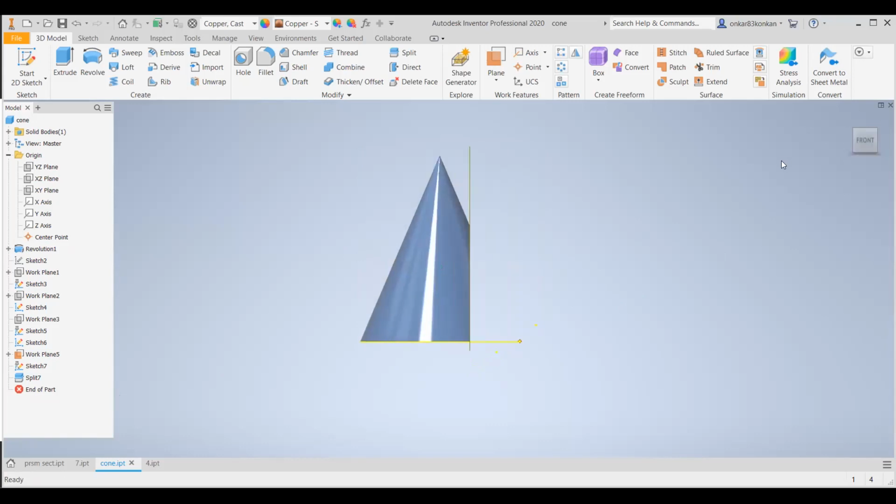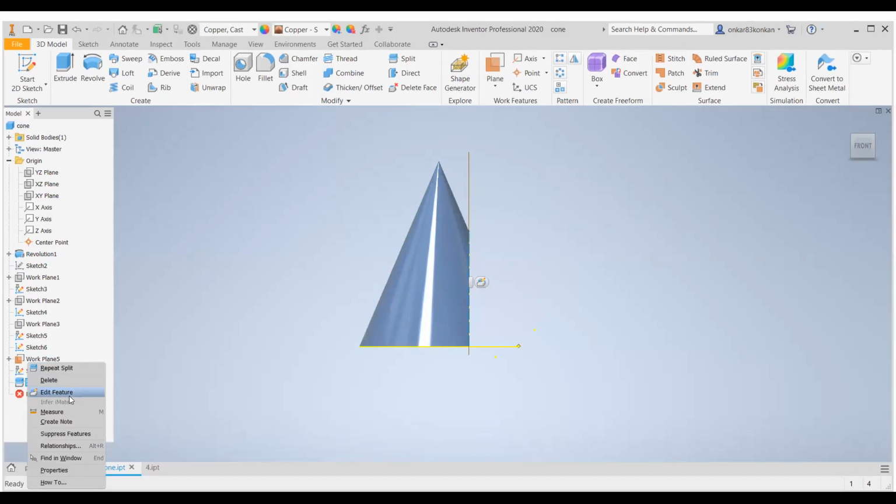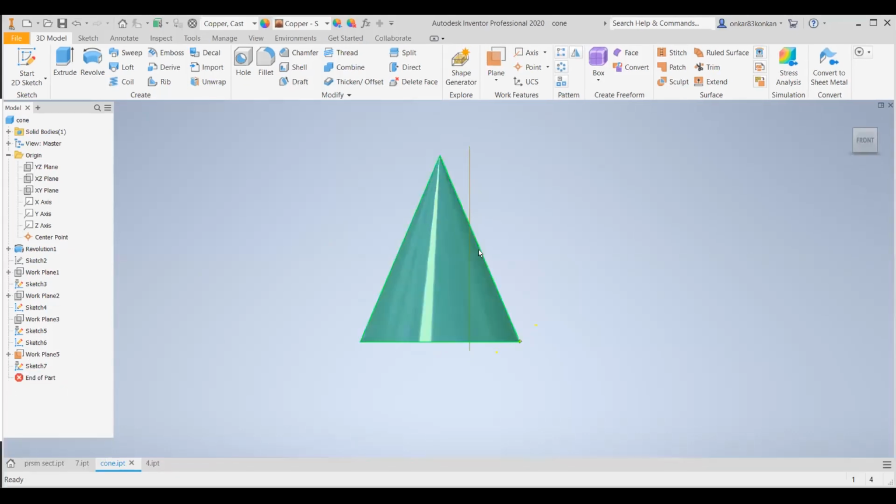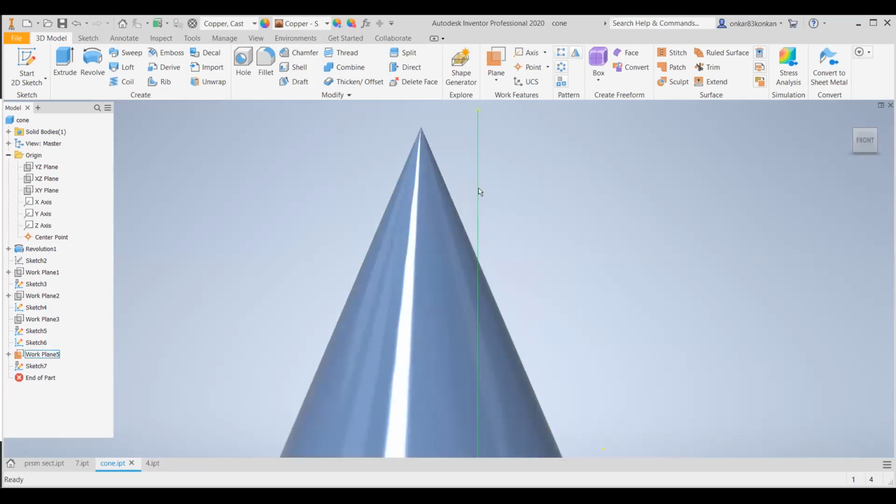And suppose if you want to obtain the triangle from the cone, then just shift the position of the section plane on the left side such that this vertical section plane, it must pass through this apex point. Okay. So for this case or this position of the section plane, you will obtain the true shape as a triangle.